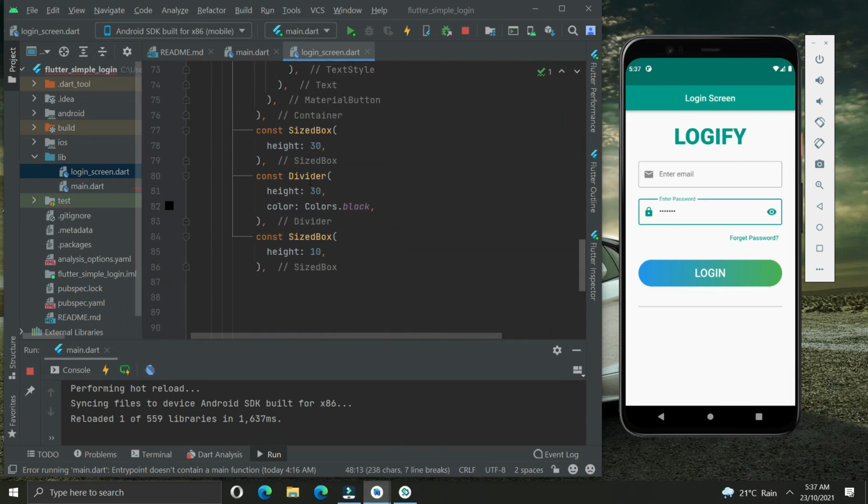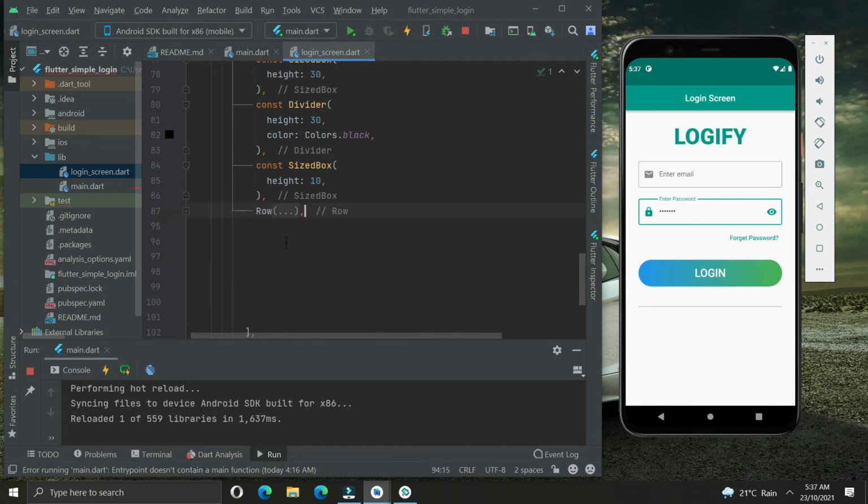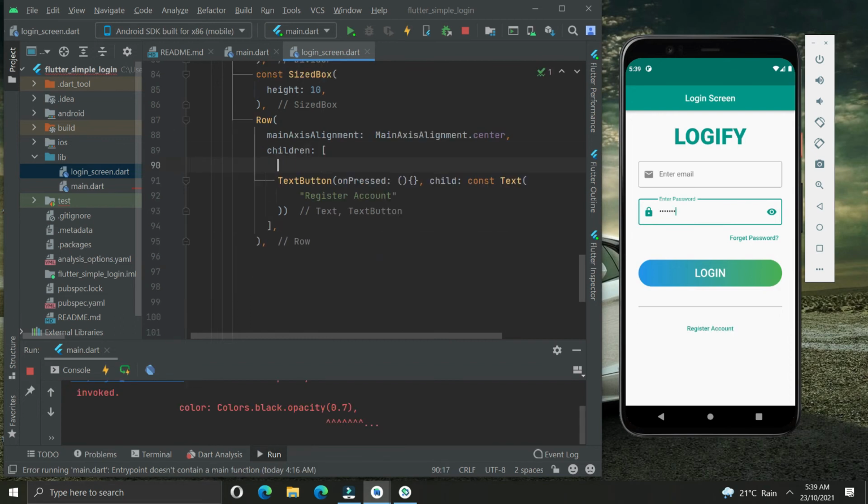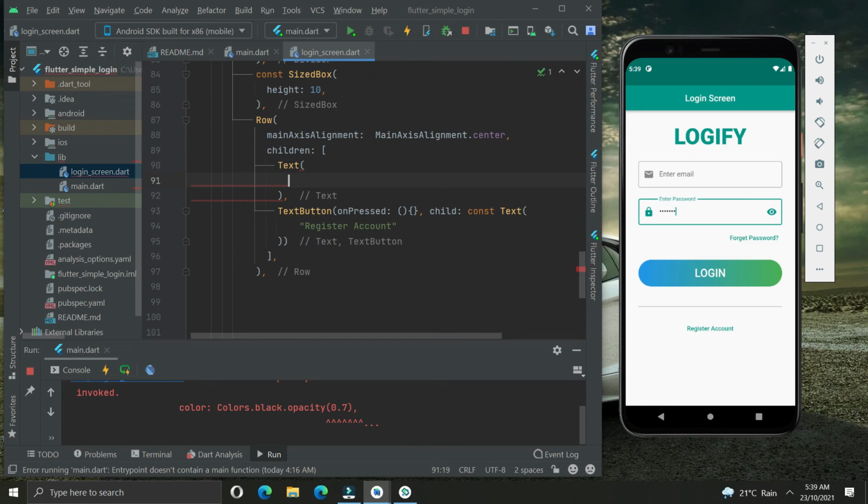Now copy the row of forget password and paste it. Now for this we will make it in the center. Instead of main axis alignment dot end, we will use the main axis alignment dot center. Remove the text and add a register account here. Now we will add the text.